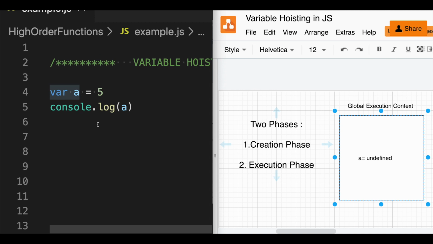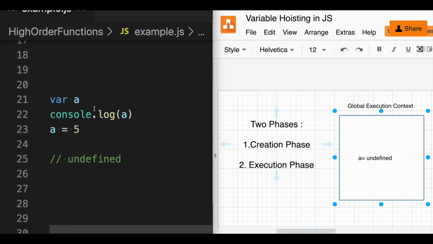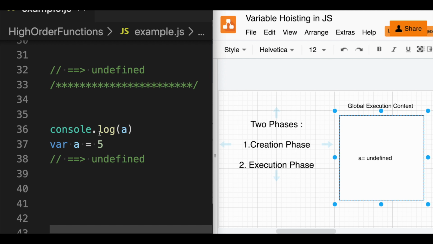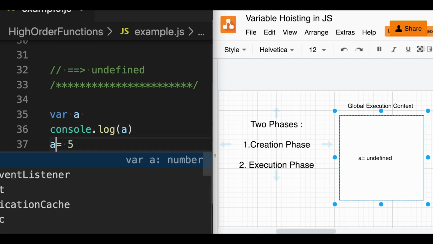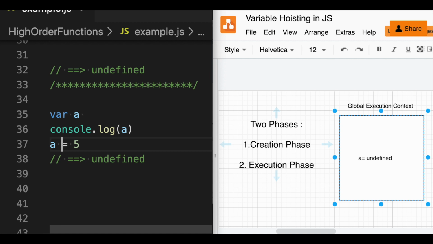So just think of this case, how are you able to print something like this? Because actually your variable A has already been allocated. The memory has already been allocated for you. So that's why we say that it seems as if this particular declaration line has moved upward in your code. It looks like that, but that's not a practical concept. That's just a theoretical concept. So actually your code remains like this, but since JavaScript works in these two phases, it seems as if all my declarations have been hoisted upwards. Okay, so this is how it works.